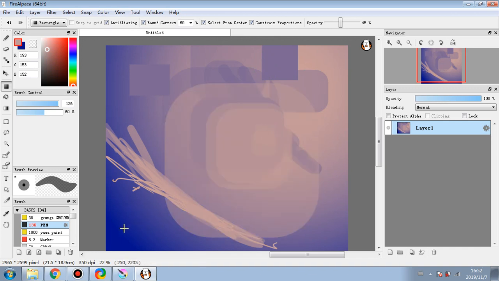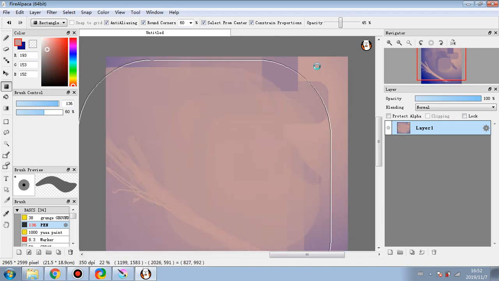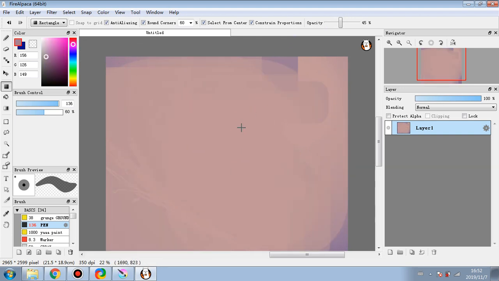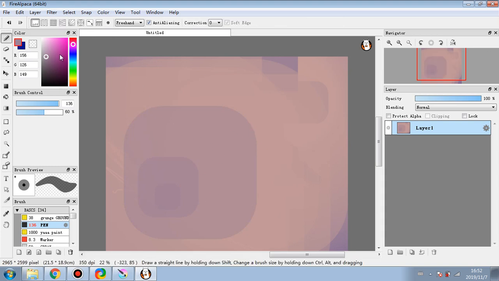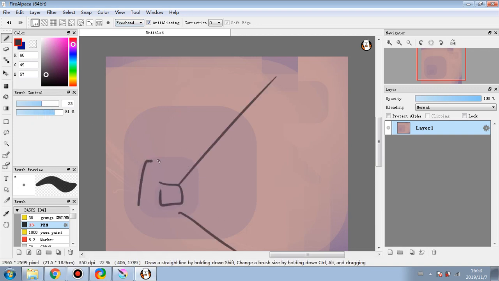So look at this. I'll show you. Look, I choose another colour just quickly. With a low opacity, I'm going from here, and it looks like I'm making a tunnel or something. You see how it's coming in. So let's just go back to the normal freehand brush. You can see how it looks like I'm going from there. I don't know. So you can get really artistic just by using